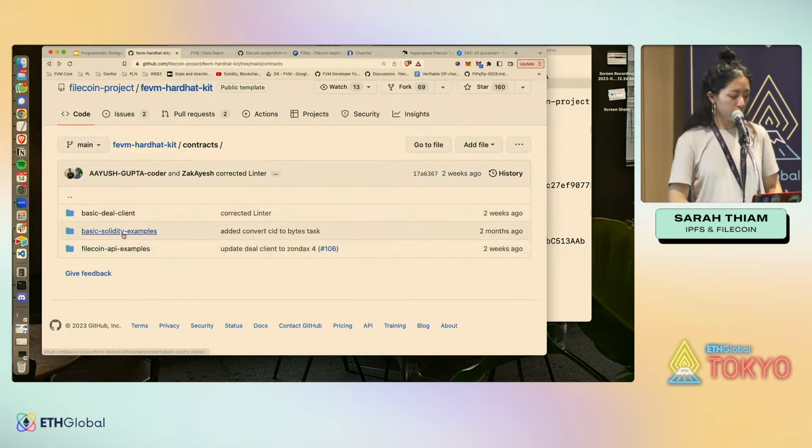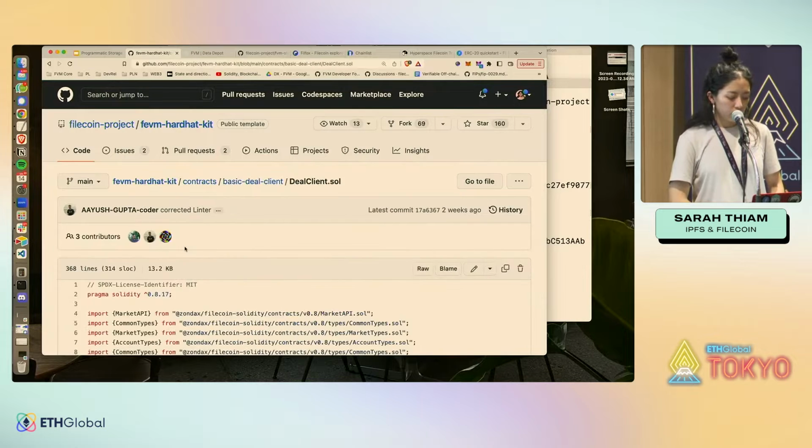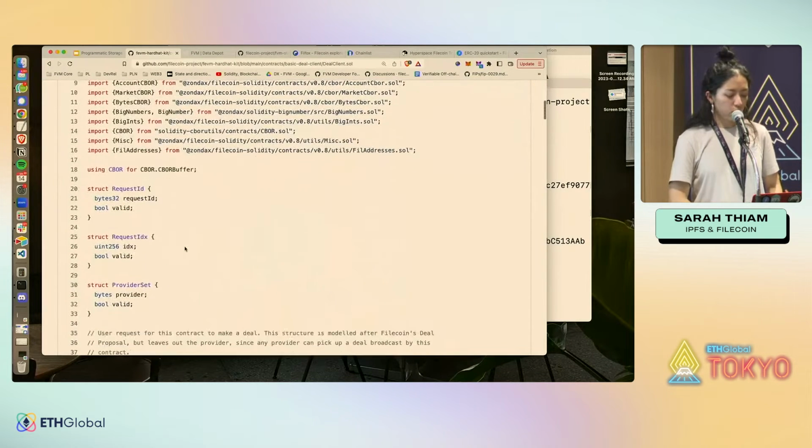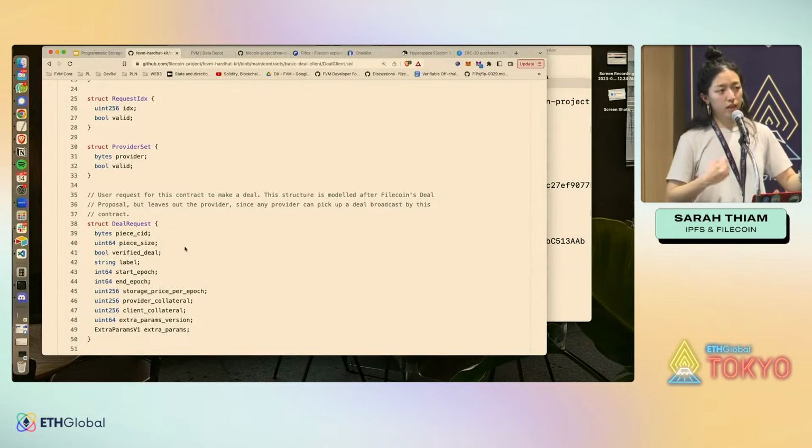And then what I'm going to demo is the deal client. So this is the deal client contract. This will allow you to take any JPEG or any piece of data from wherever your dApp takes data in from, and then deal with the whole deal proposal process for you and return you a deal ID. That should all be accomplished within anywhere from 15 minutes to half an hour,